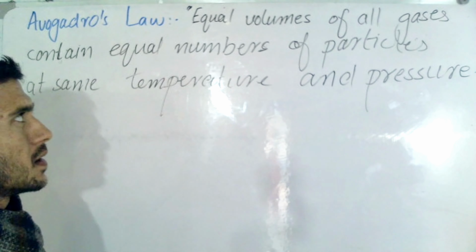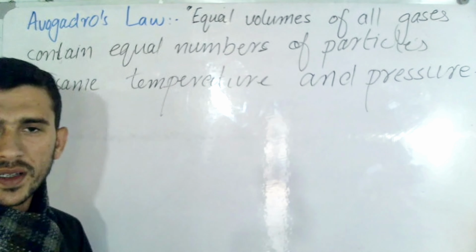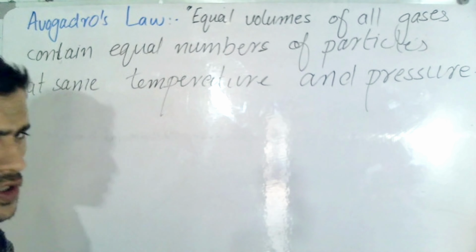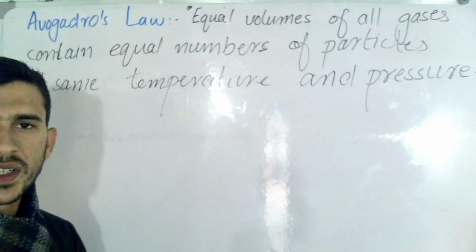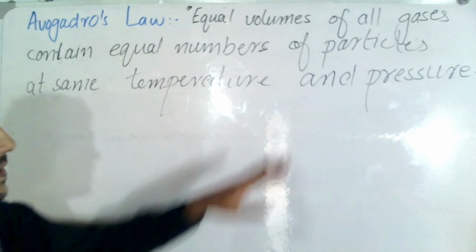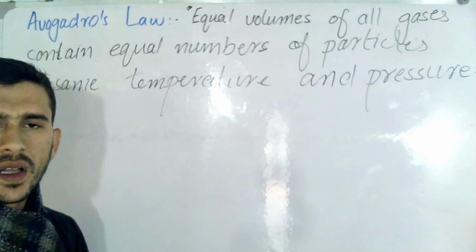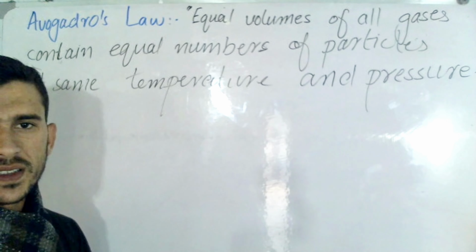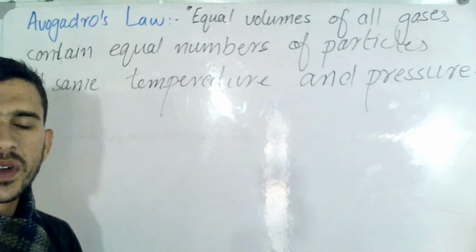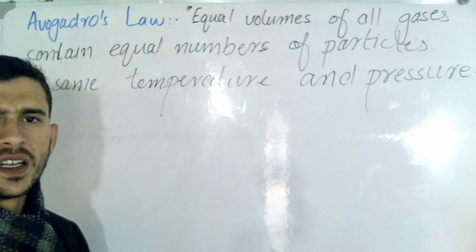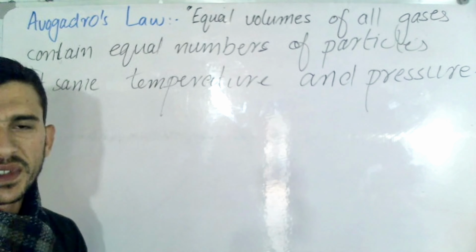While all gases have equal volumes at same temperature and pressure, question arises here because we observe variation in volumes of gases on changing the temperature and pressure. As we are discussing, we are talking about the particles. According to Avogadro's number, 1 mole of any substance contains 6.022 times 10 to the power of 23 particles. Same as 1 dozen of eggs and 1 dozen of bananas are equal in numbers.